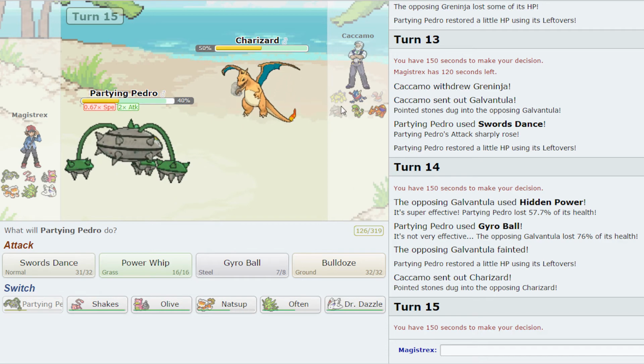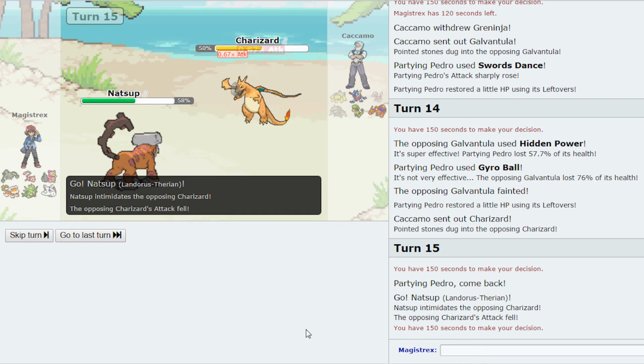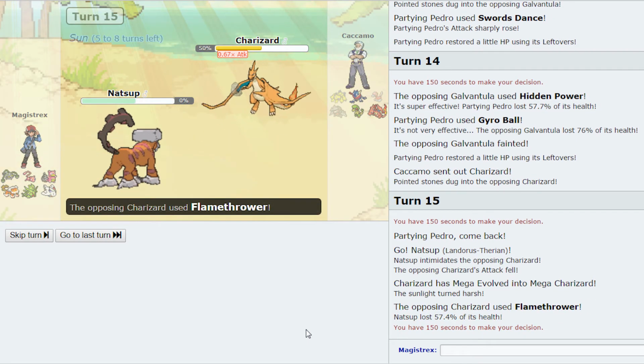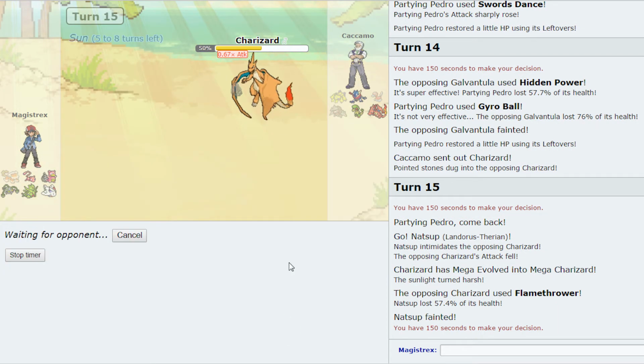I'm guessing, just judging the team, that this is the physically based Charizard. Yeah, I honestly think this is going to be the physically based one, so let's go into Landorus. Let's get an Intimidate off. Let's watch him Mega Volt. No, it's actually going to be the specially based one. Okay, that's a bit unfortunate, but the nice thing is now that we can go into our Mega Tyranitar,